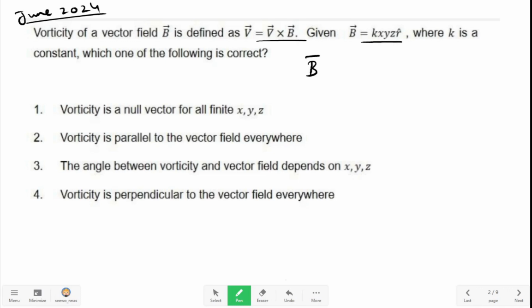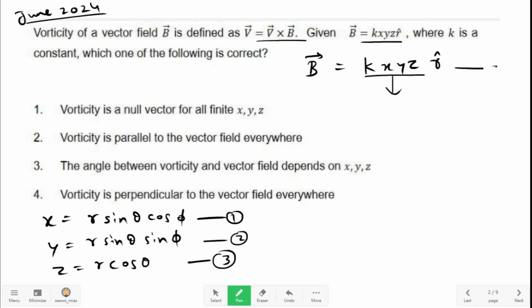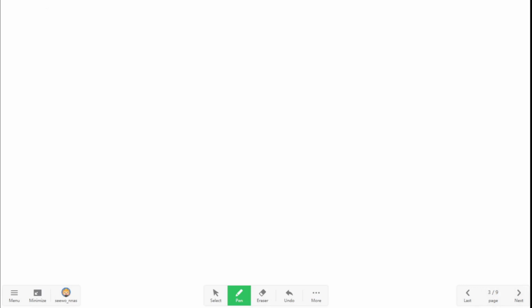So we are given B is equal to kxyz r cap. Now the unit vector is in spherical polar coordinates, and kxyz has to be written in spherical polar coordinates. In spherical polar coordinates, x is equal to r sin theta cos phi, y is equal to r sin theta sin phi, z is equal to r cos theta. So if you put 1, 2 and 3 in equation A, you will get B is equal to